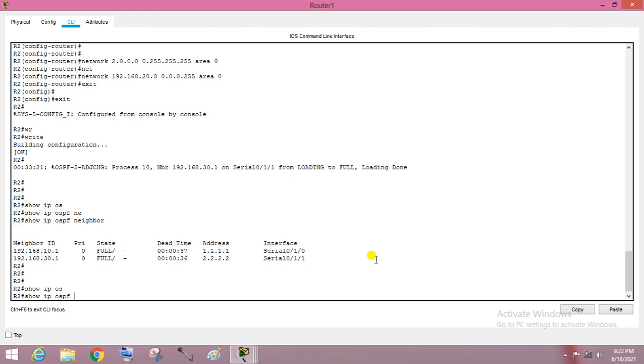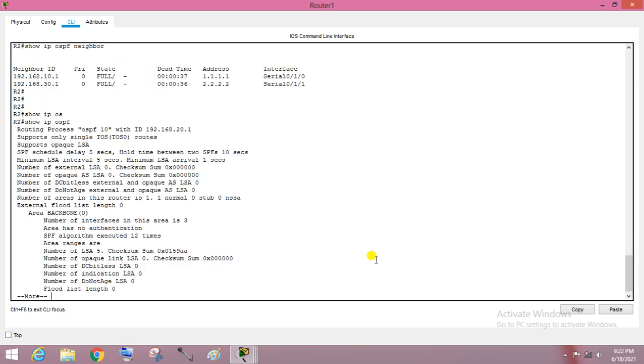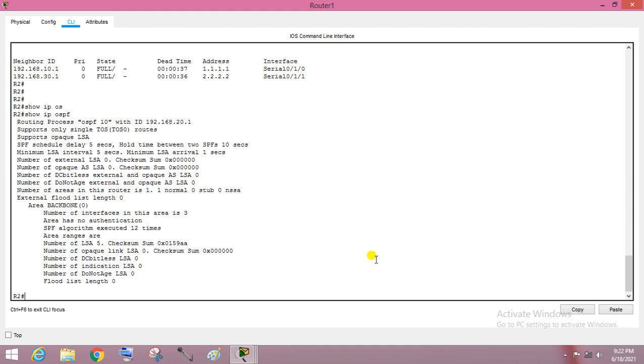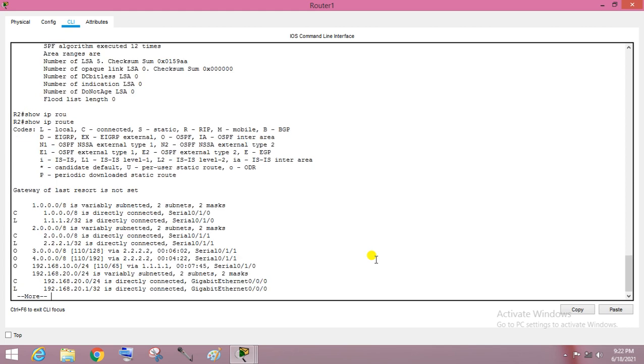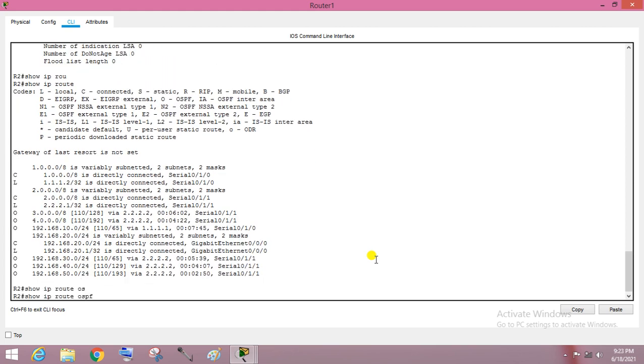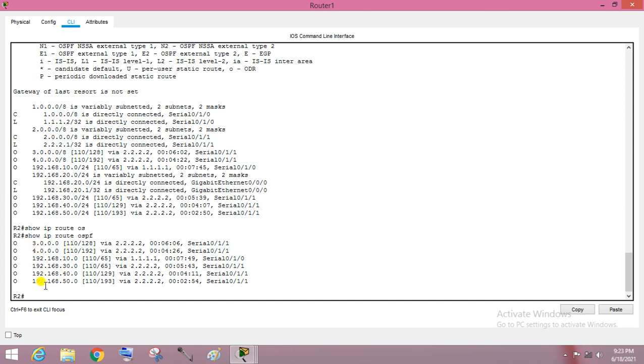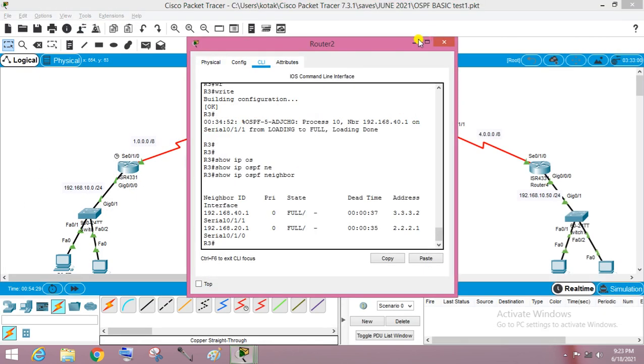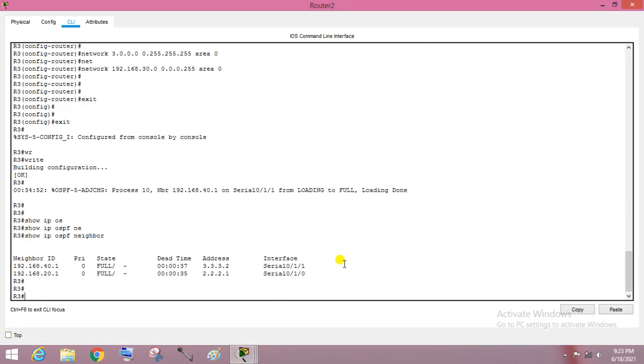So show ip ospf database is a database checking command. So show ip route, okay, same thing here. For a filter, enter the command OSPF. Only OSPF routes are coming here. So this router also knows the 50 dot network. Go to this router, you have to check whether the 50 dot network is coming or not here.